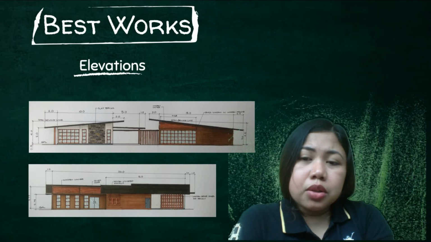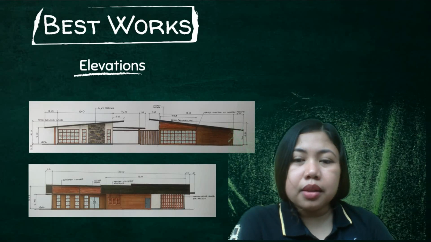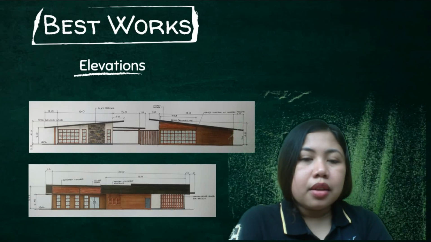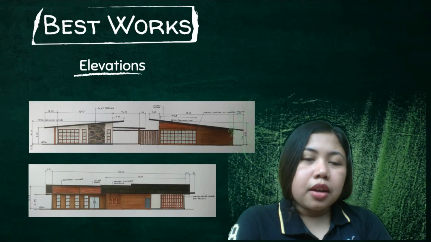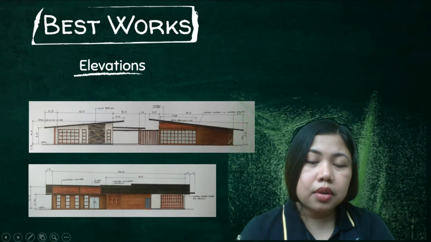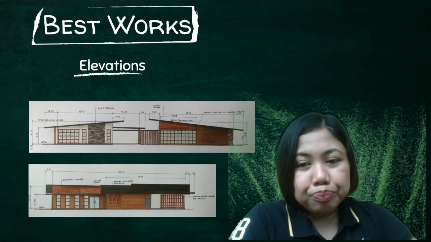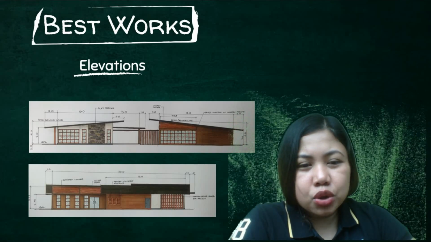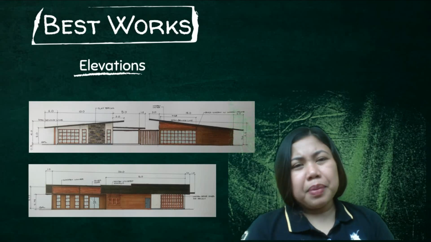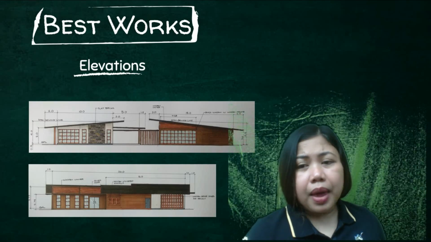The materials used are in tropical architecture vibe. The composition of the elevation, of how you compose your elevation, if there is an application of the basic design principles such as rhythm, accents,